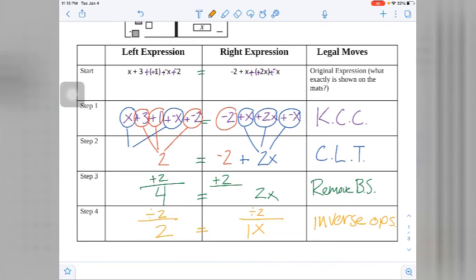The really common places where people missed things: people just did the keep change change part wrong, or sometimes people thought that all of these x's here equaled 4x, or they thought that these two x's here equaled 2x, and were making little problems with their integers or with doing keep change change in the first place. And then the other thing that people didn't do is they just didn't solve it. Some people stopped right here after combining like terms, and they removed no balance sets, and they did no inverse operations. So go see what you did, and